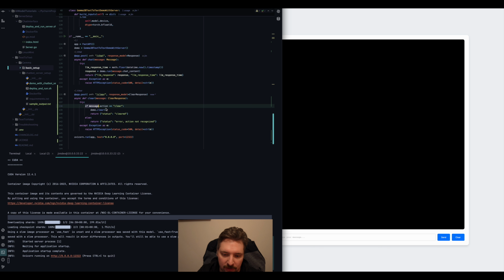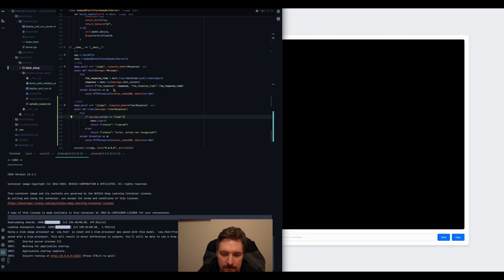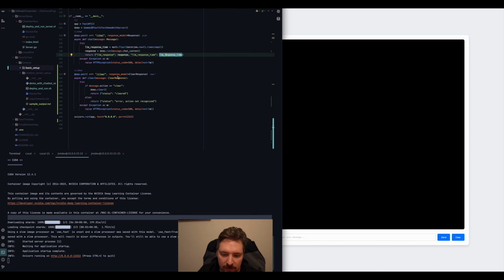Just like we talked about a second ago, you're sending status cleared to the front end if the message you get from the back end is cleared. Okay. Same thing here. We're parsing this LLM response and LLM response time from the message that you actually get. All right, and it's running on host 0.0.0.0, port 12322. All right, so then this is running right here,